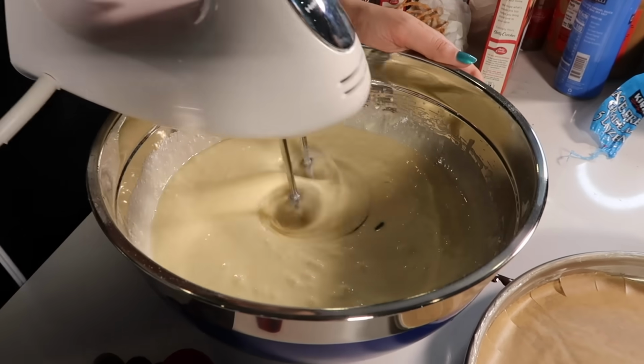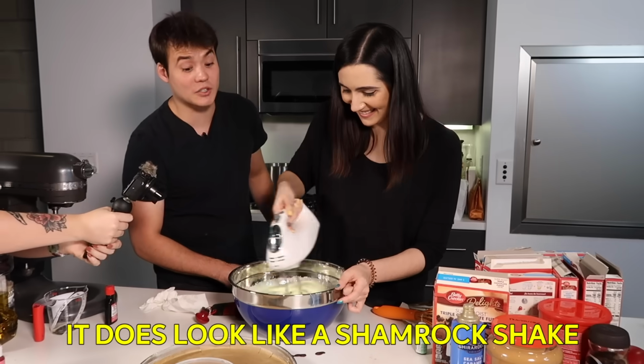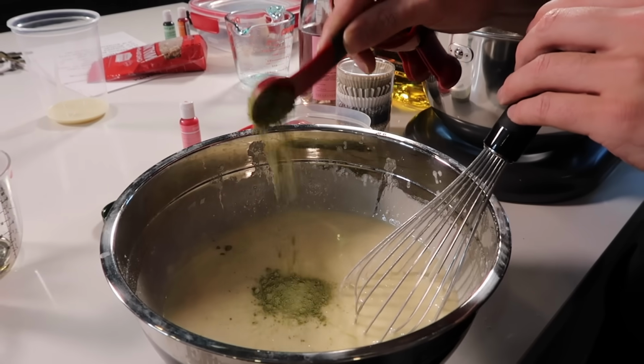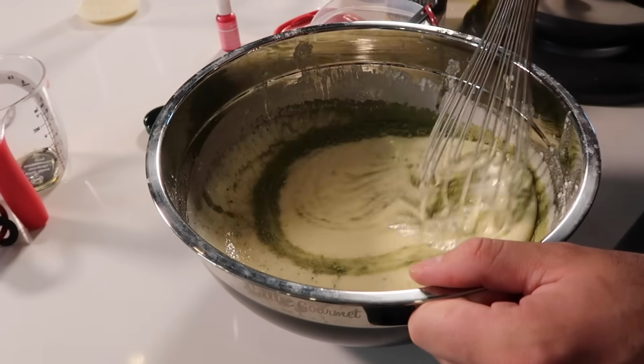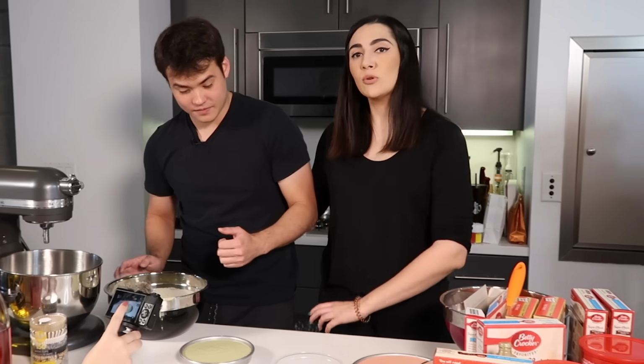Some of these are gonna need food coloring. It looks like a shamrock cake. It does look like a shamrock shake. It's a Grinch cake. While others will just get their color from their extra ingredients. Ooh. Yeah. That looks artsy. They call me Matcha Bay. Who calls you that? Maybe people do have matcha for their wedding cake, because then you could say, we're the